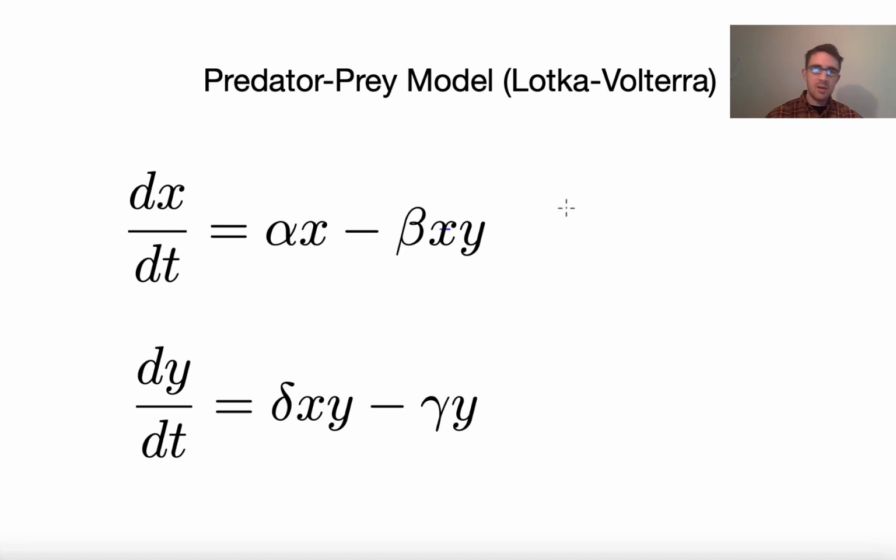For the purpose of this example, we'll be talking about bears as being the predator and fish as being the prey. So X will be fish and Y will be bears. Maybe just to help us keep track, I'll draw these really quick. Fish and then